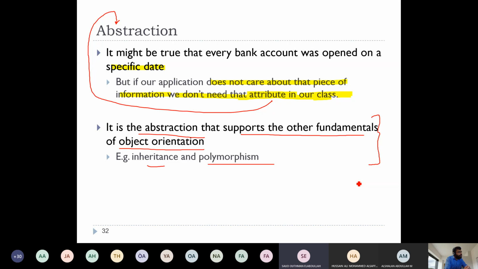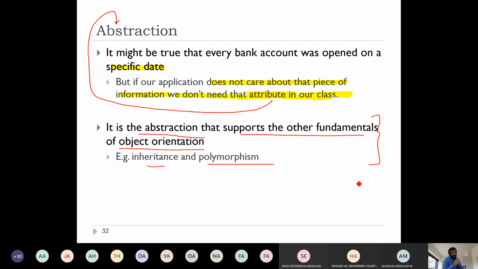The concept of abstraction is clear, but the last sentence, it's not clear how it supports other fundamentals. That's a good question. Absolutely good question. Of course, we'll talk about it, because I said in the beginning of this section of the lecture that we will talk about 4 different concepts, inheritance, polymorphism and encapsulation. But since you're raising an important question, after these 4 concepts, I'll be asking you again as a class what's the difference between these 4. But anyway, the point here is that since you're going to use the abstraction concept to create classes,